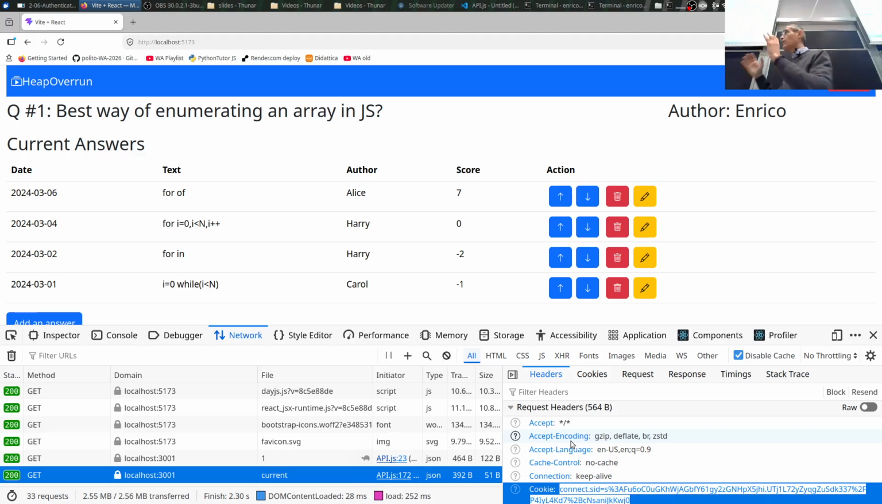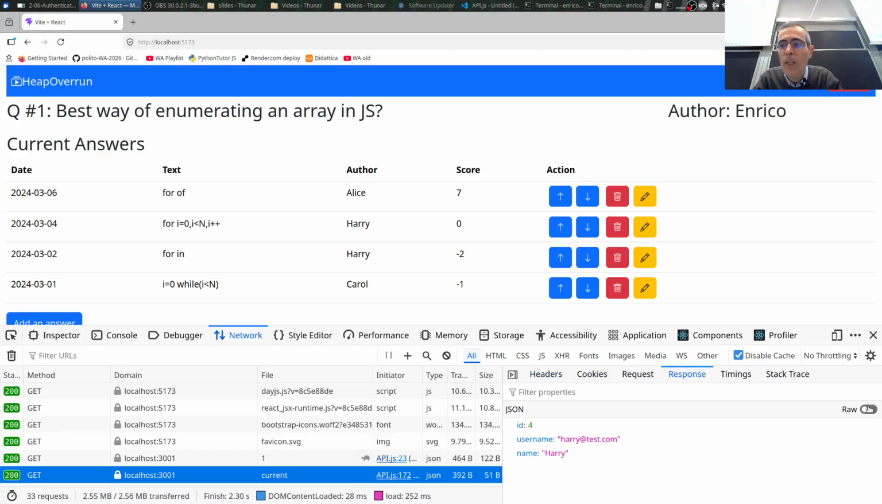Server recognizes the cookie because of express session and so on, as a memory. It goes into the memory. It says the cookie is valid. Okay, I will send you back the information about the user. And indeed, we will get back the information about the user. That's the JSON that we get back. We use it in the client